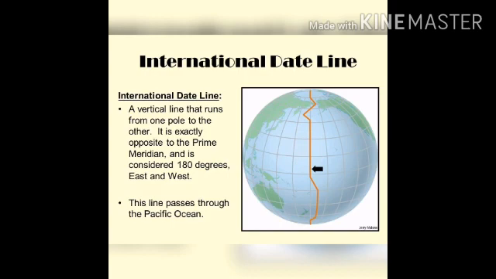So look at the figure. Where is the international dateline? The international dateline passes over the Pacific Ocean. The international dateline does not pass over land, and that is the reason it passes through the ocean. Now why is the international dateline not straight? And why does it change its shape again and again?